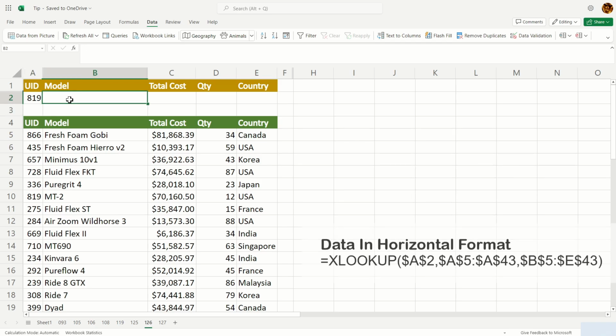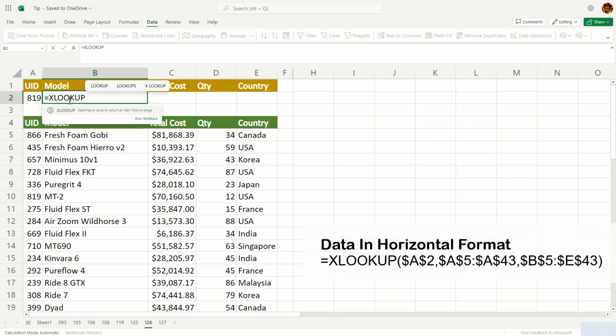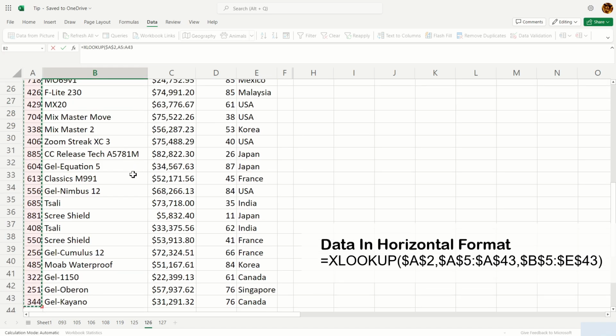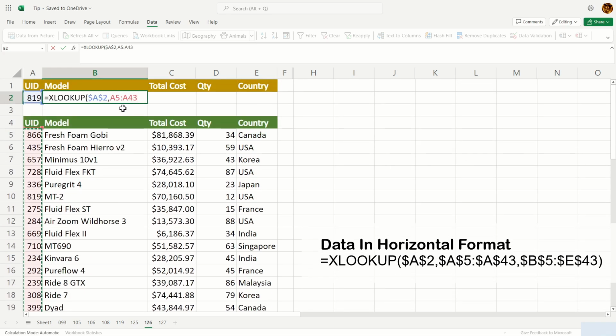Next, we'll do the XLOOKUP. So equal XLOOKUP like this, open parenthesis. The first argument will be the UUID itself. If you want to make it absolute, you're going to press F4 once. The second argument will be the UUID column itself on your database table, and then press F4 again to make